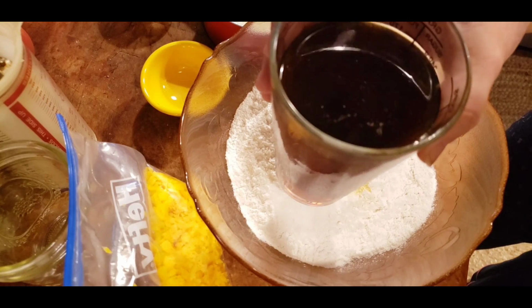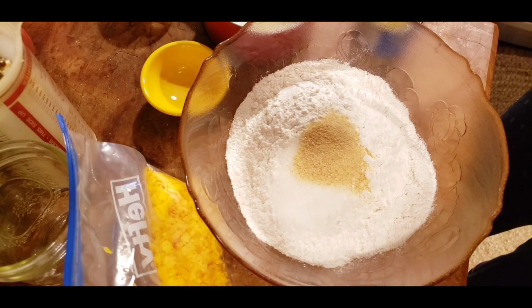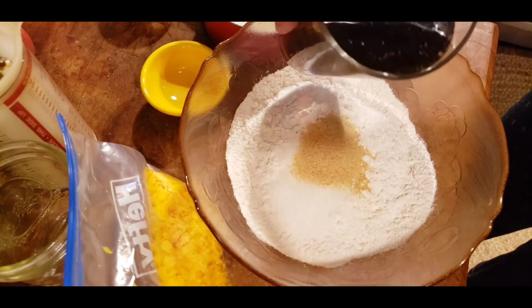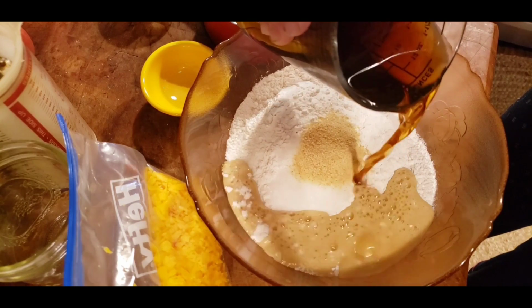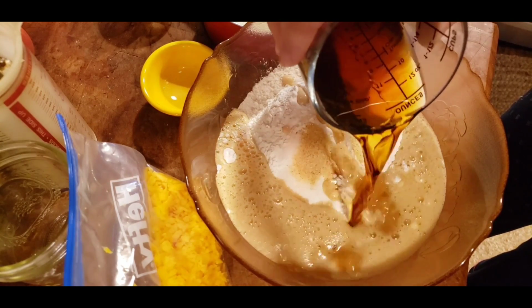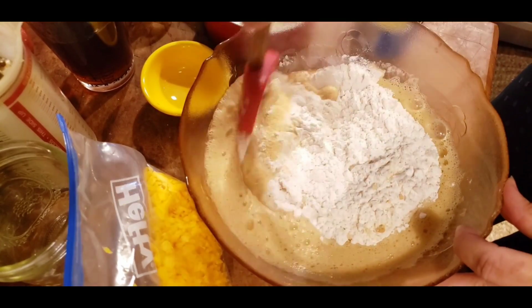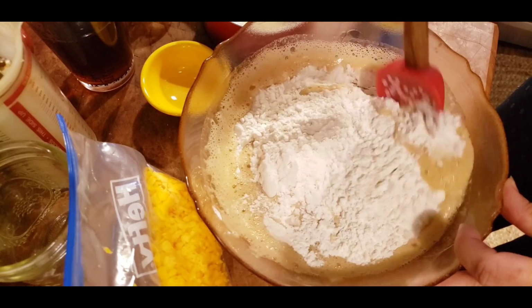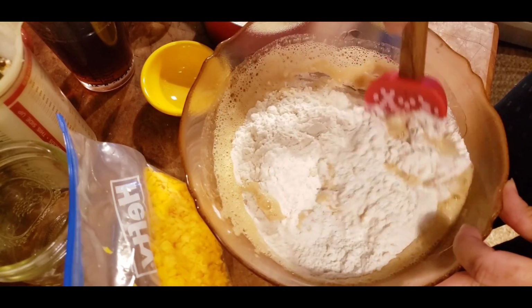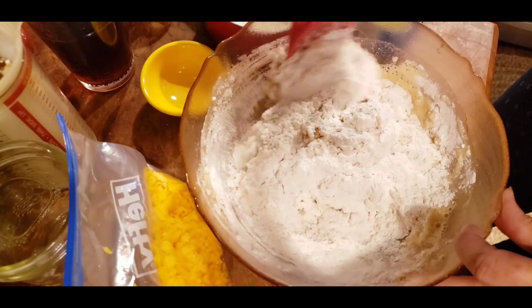Now, y'all know I don't drink beer, but I do make beer bread. And what you do is you open your beer up and you let it get flat. But I didn't open mine up in time, so it's going to be a little bit fizzy. But this is 12 ounces of a good dark lager beer. And we're just going to start stirring this up. Now, the thing about beer bread is the alcohol is going to cook out of it. So you're not going to be getting the alcohol. You're just going to be getting that